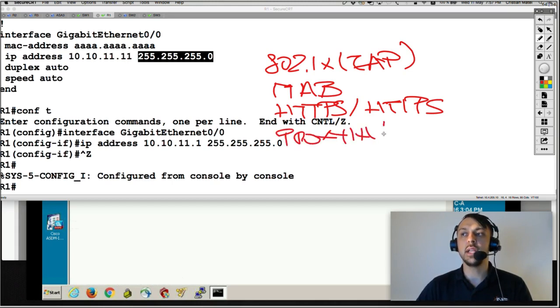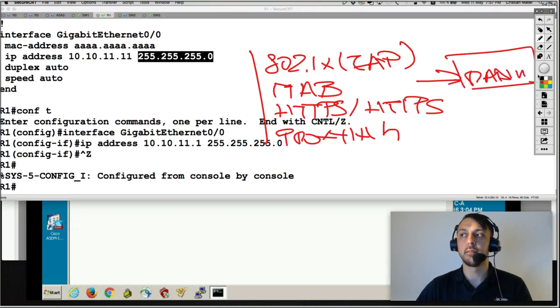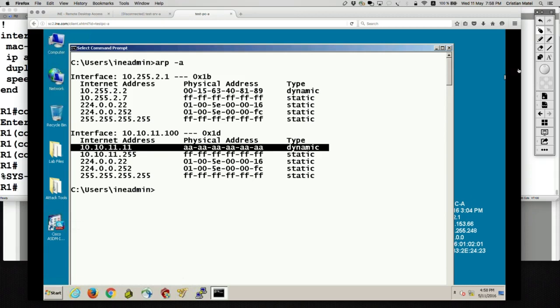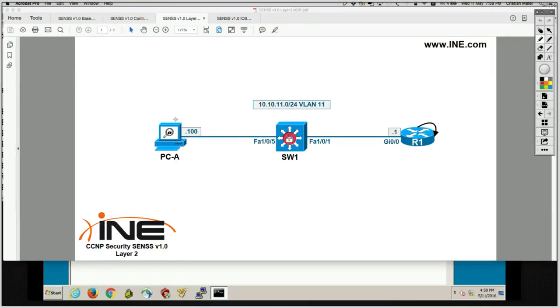So once you authenticate everything which is connected in your network via RADIUS, and once those devices are authenticated, if you look at our diagram, once this PC gets authenticated when it connects to this port